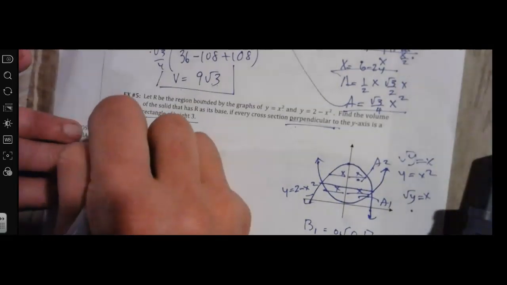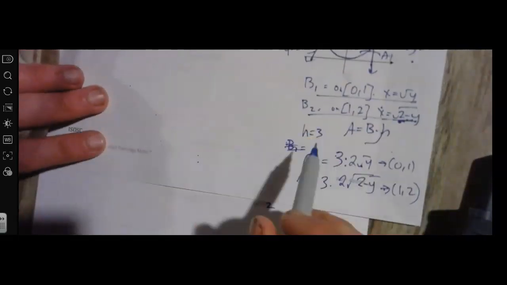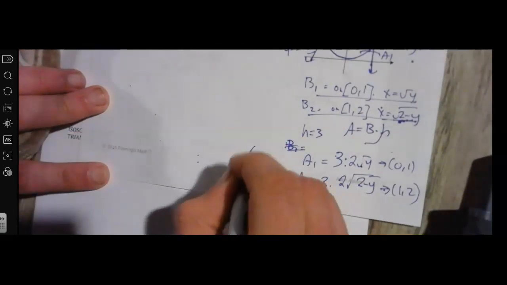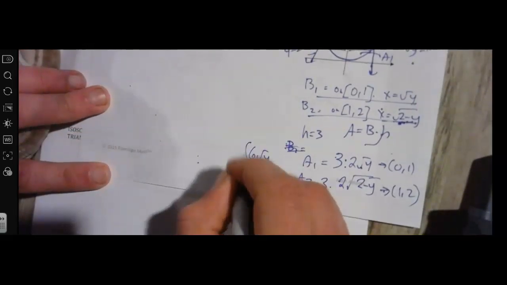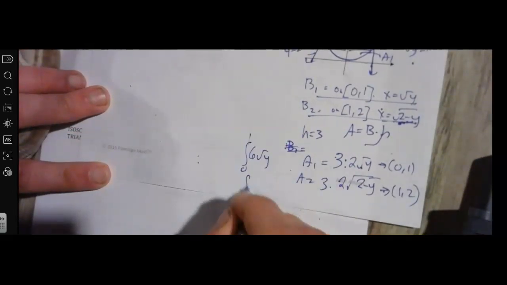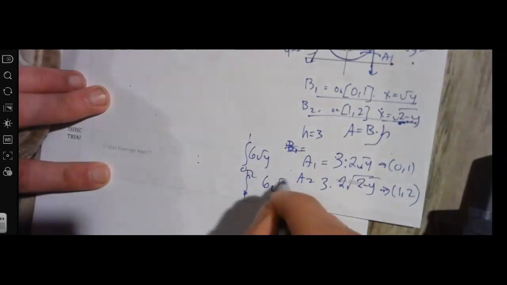So we have 2 separate areas because we have 2 separate bases. Therefore this one's going to be 6 radical y from 0 to 1, and this is going to be 1 to 2, and that's going to be 6 radical 2 minus y